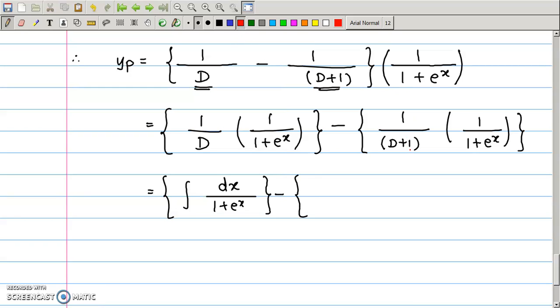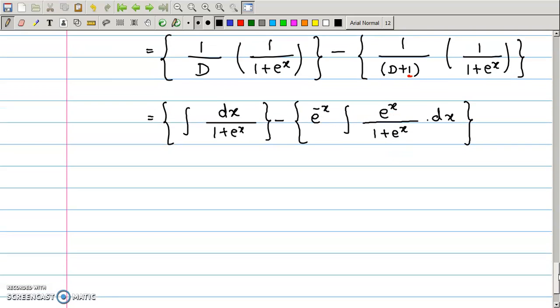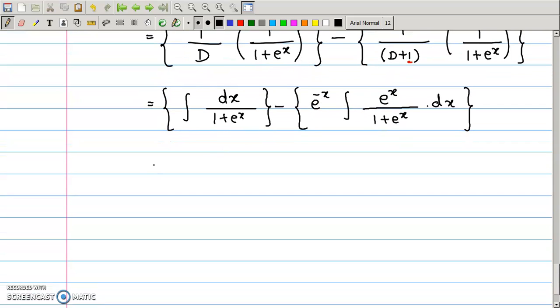Here we can compare the value for m is equal to 1. So the sign is plus. Then we start with e raised to minus 1 x into integration of f of x, that is 1 upon 1 plus e raised to x. Now take e raised to x dx. So this will be the integral. Now we can evaluate this integration first.